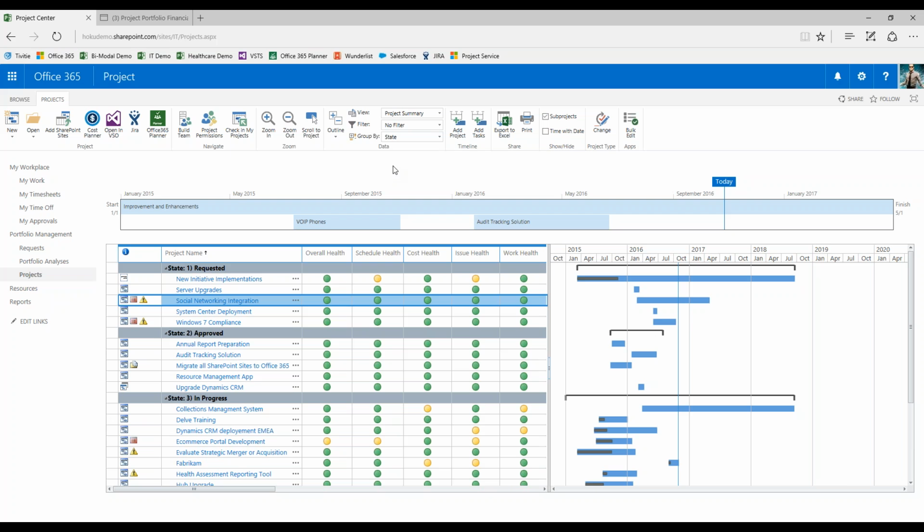Project Online really gives you that capability to manage the central repository or portfolio of projects wherever they are in their life cycle. Here we're seeing a view of projects that are maybe requested and not yet approved, ones that are approved and not yet being executed, and a bunch of projects here that are in progress. And metrics in here, including cost health, are things that are being tracked within here.